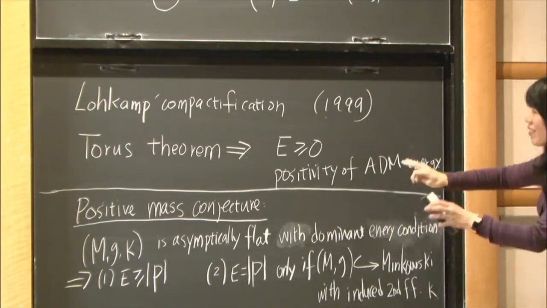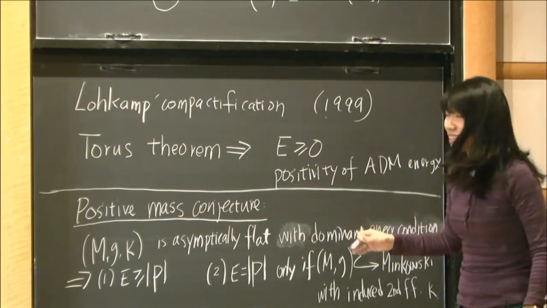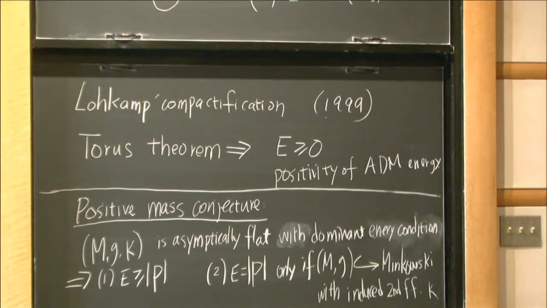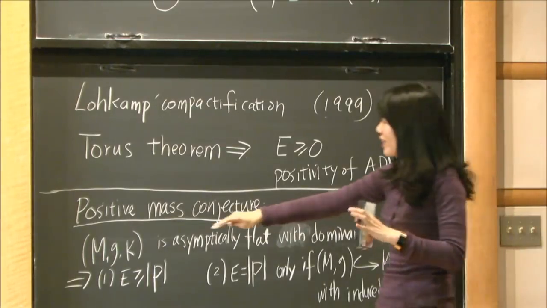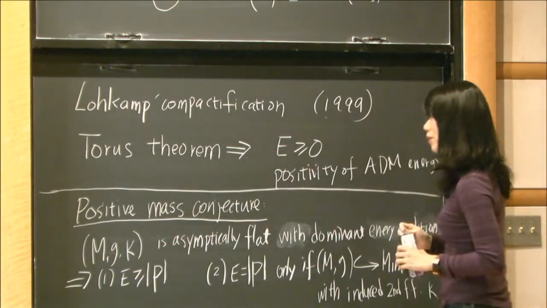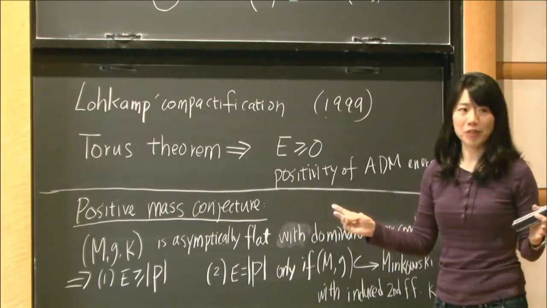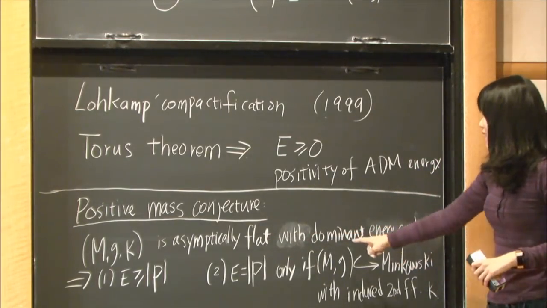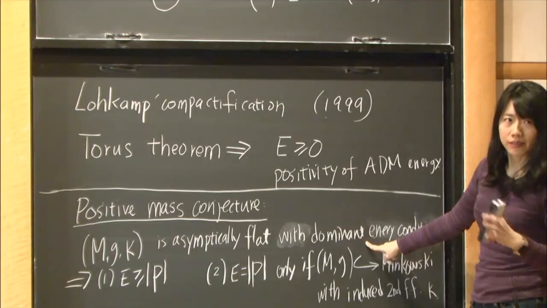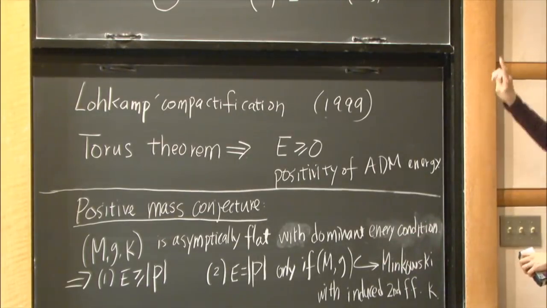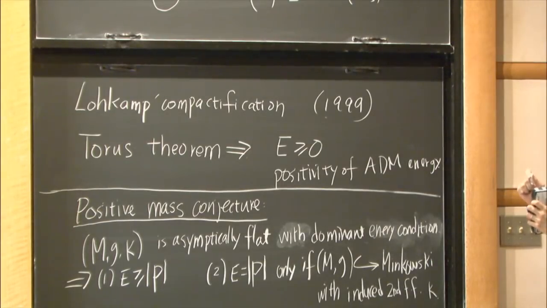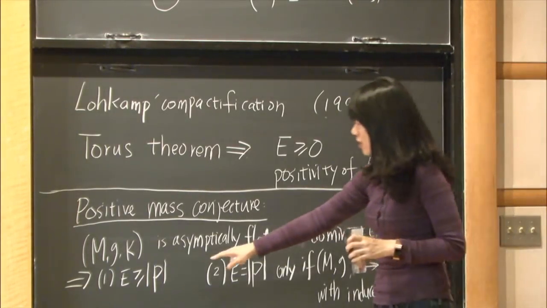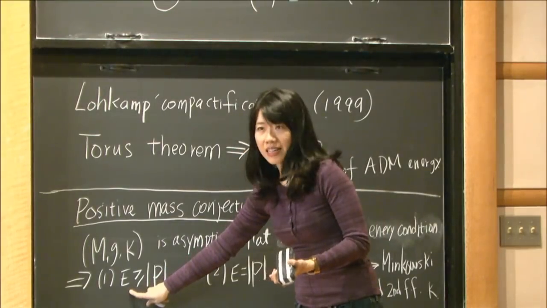Right. So every sentence, every word you see is probably quite technical if you haven't seen it before. But I tried to write it in a way very similar to the statement of the Riemannian positive mass theorem. Here we are looking at some triple, which I'm going to explain, which is so-called asymptotically flat. And then with the dominant energy condition, that's another probably very strange term, and that was related to non-negative scalar curvature. And then the conclusion is the ADM energy, which is a number, again, is non-negative, but